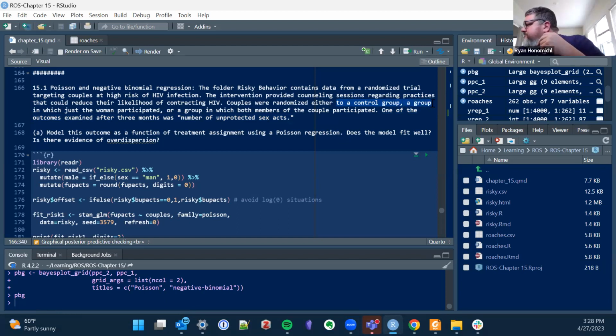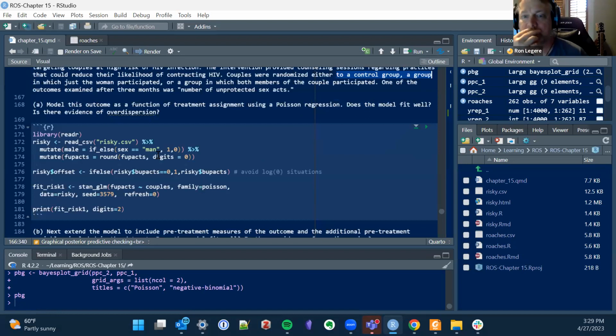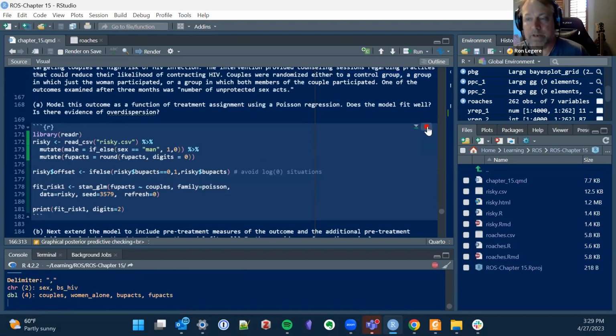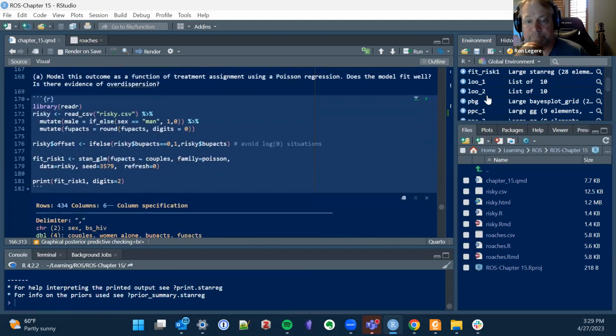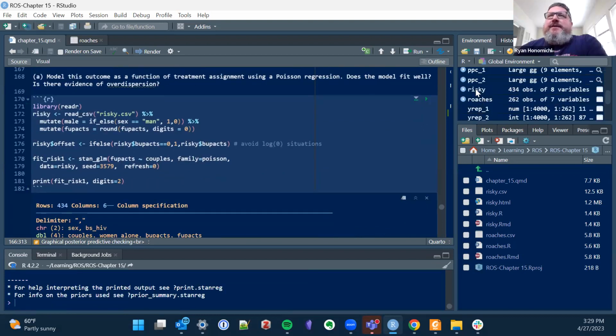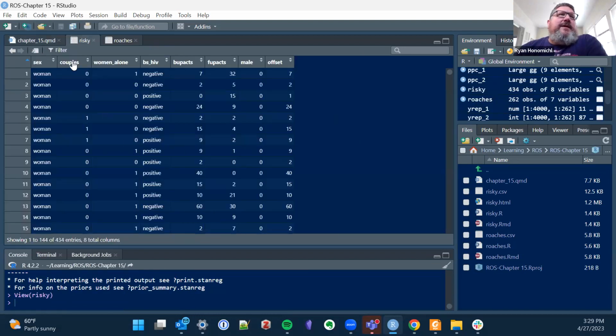So they said there's a control group, and then there's a group where just the women of the couple participated, and another group where both members of the couple participated. Maybe it consists of counseling sessions. Okay, in the counseling session, that's the part I missed. So in some places only the women participated in counseling sessions, in the control group nobody did, and in the other group both members of the couple came. And if it was a same-sex couple, I guess that didn't happen, or maybe I'm not sure they handled that. That was my question. Very interesting.